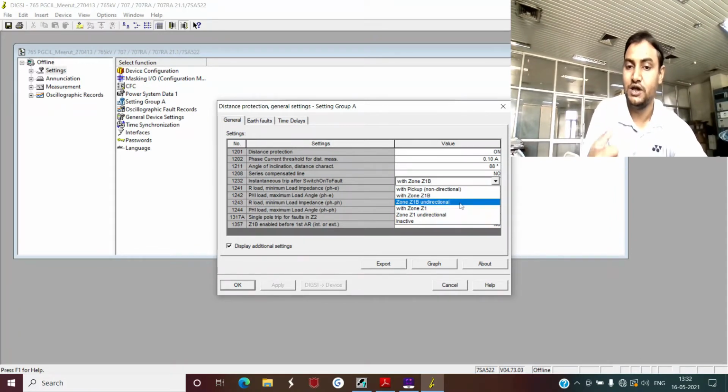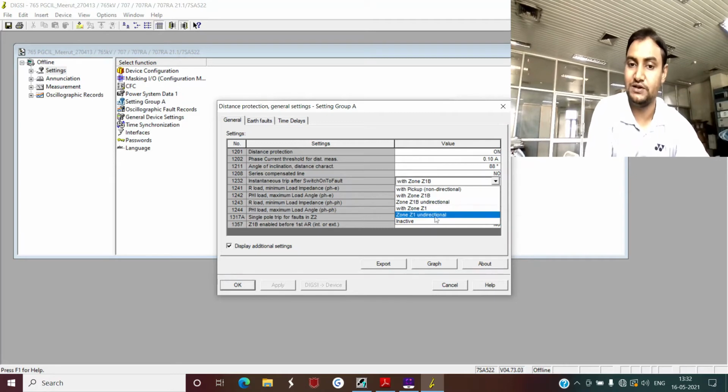That means it is now a non-directional type of function. So if a fault is behind your transmission line, on the bus side, and you are closing the breaker, and this fault does not pertain to this transmission line, but the reach comes inside the zone 2 magnitude, then also it will issue the trip command. Or if it is zone 1 undirectional, it will issue the trip command. You can set this as inactive also.